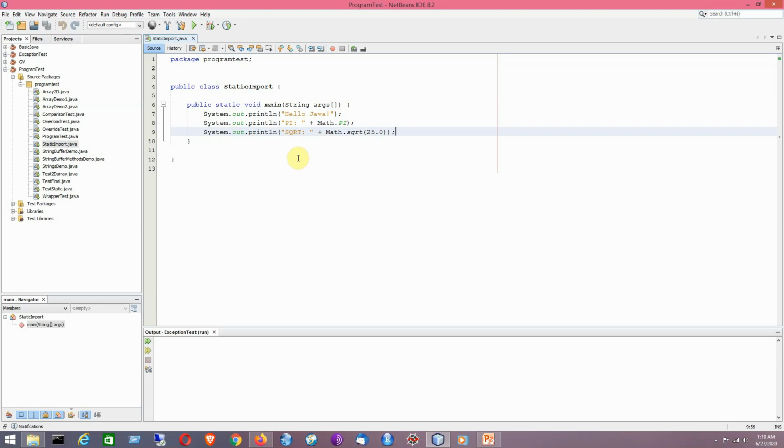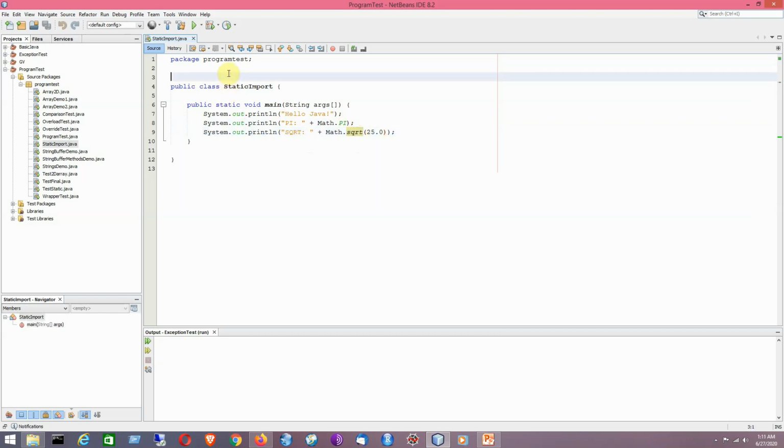That means the class which has the static members. Say for example, in the System class, out is a static member. Similarly for the Math class, pi and sqrt are static members. Pi is a static field and sqrt is a static method. Now we are going to access them directly without mentioning the class name.